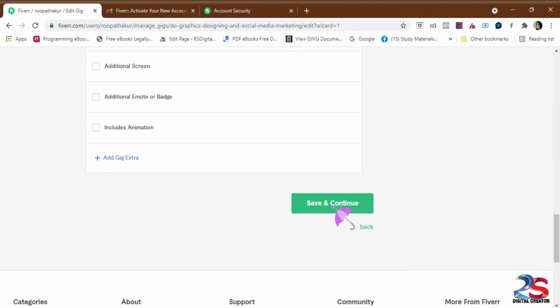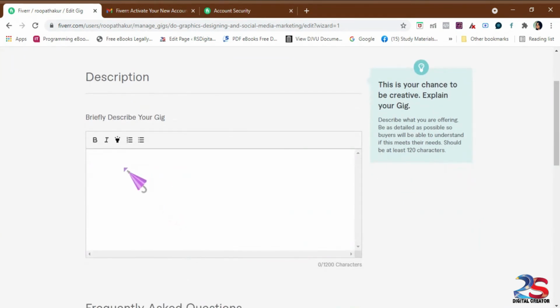And then just check any other options and click on save and continue. Here you have to add your description about your gig. Just add what type of work you are doing for this gig, the amount and time you are spending, and you can add all the details here, with a little intro about your gig, meaning about you. By reading this description, clients will get interested in offering work to you. That is how you have to prepare the description for your gig.